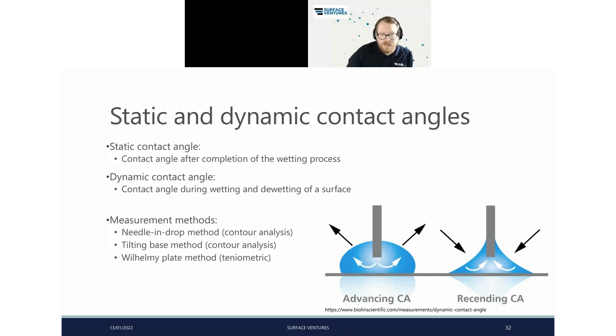You can also do static and dynamic contact angles. So static angle is contact after completion of the wetting process, whereas dynamic, you are allowing it to both wet and de-wet the surface. So the needle and drop method you can use for this form of contour analysis. Tilting base, so we see changing the angle there, which is again contour analysis, or the Wilhelmy